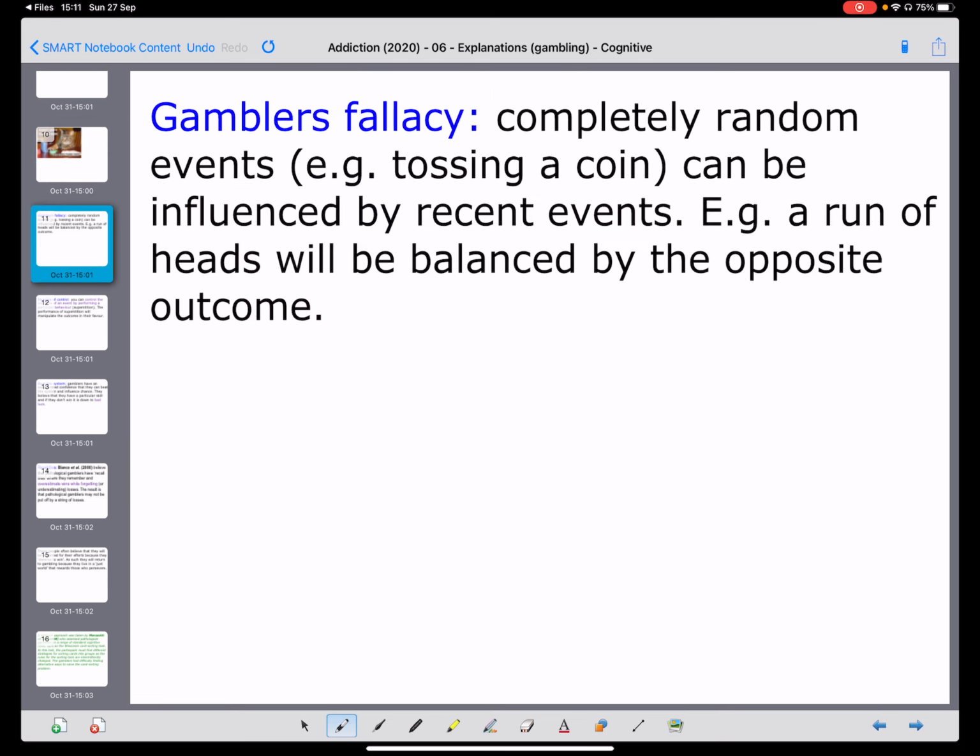So let's look at some of these particular dysfunctional thinking patterns or cognitive biases. The first one, probably the most obvious one, is gambler's fallacy. It says here, completely random events can be influenced by recent events. So it's easy for a gambler to have this understanding that, of course, there's been 20 times that the machine has not paid out, so therefore it's going to pay out now because